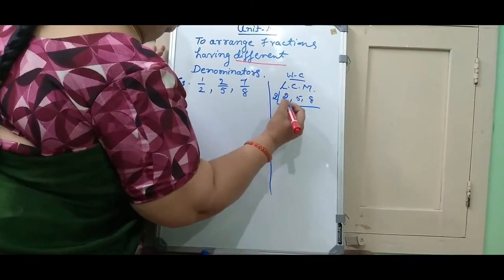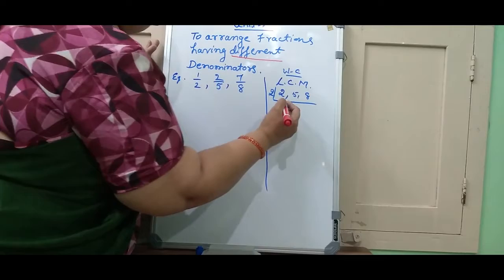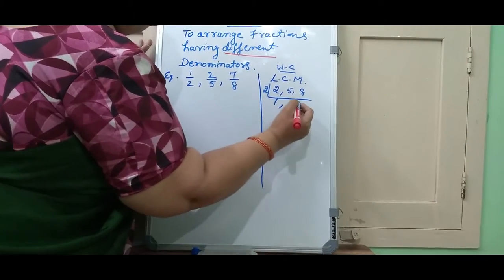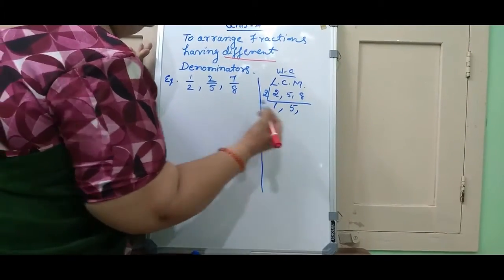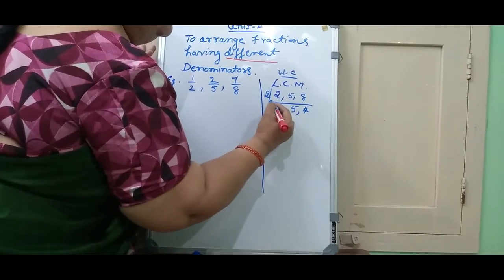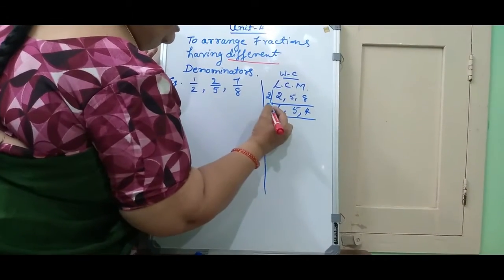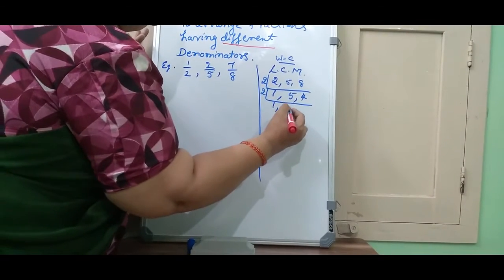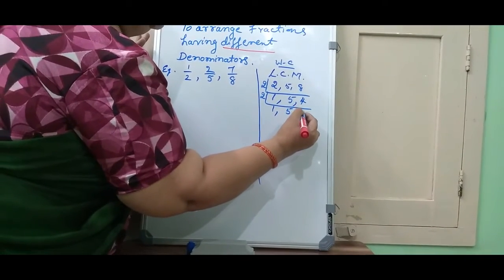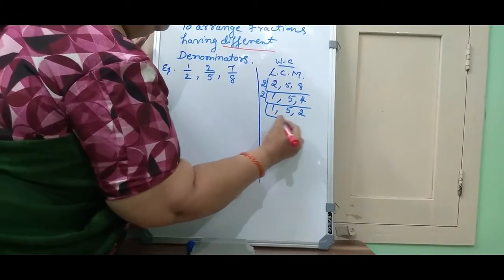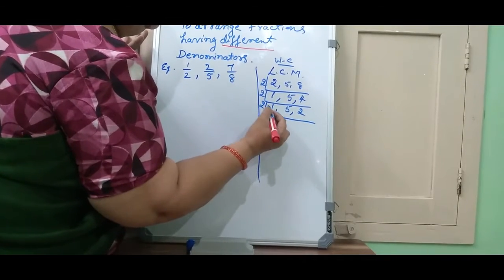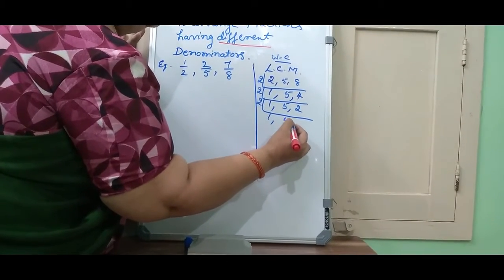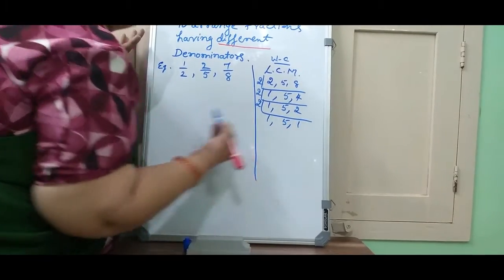See here, let us take the least prime number, that is 2. 2 ones are 2, and 5 is not divisible by 2, so I am keeping it like this only. Again, 2 fours are 8. Next, let me consider the same prime number, 2: 2 ones are again 2, and 5 I will keep like this only. Then 2 twos are 4. Again 2 ones are 2.